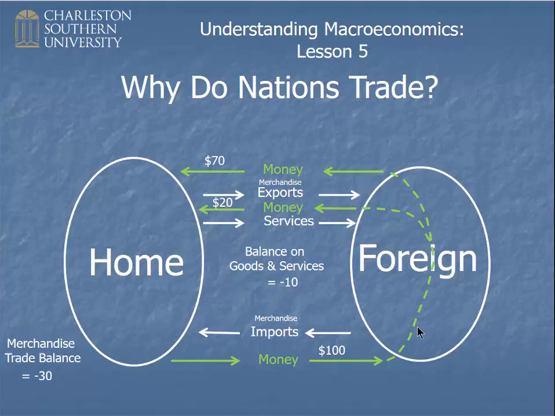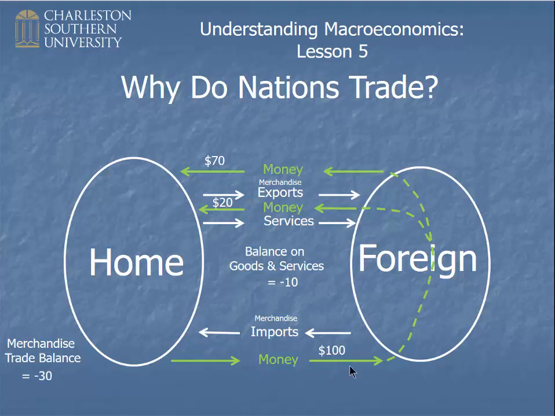Again, this isn't sustainable because 100 went out and only 90 came back. What happened to the other 10? It had to go somewhere. A lot of students, especially at the undergraduate level, imagine there's some kind of magic black box in some bank in a foreign country, and you just put $1 in there and somehow it transforms it into a euro or a Canadian dollar or a Mexican peso or something. There is no magic box. The money flows in and out by supply and demand just like everything else does.